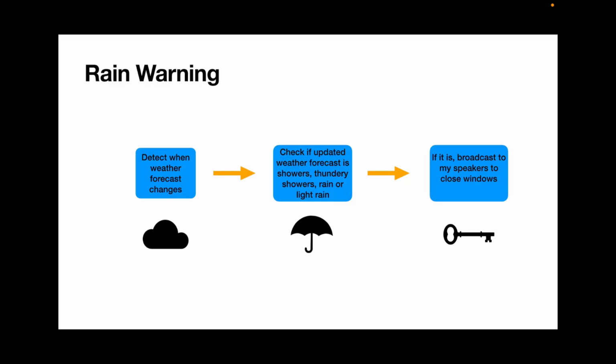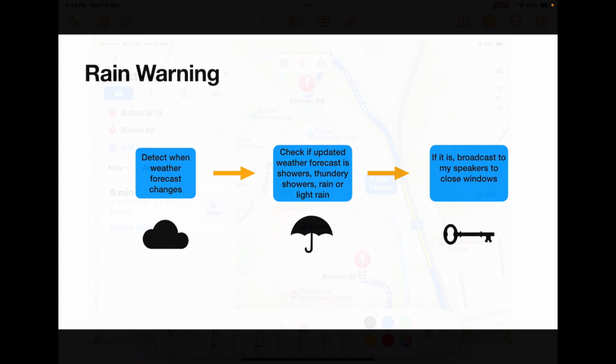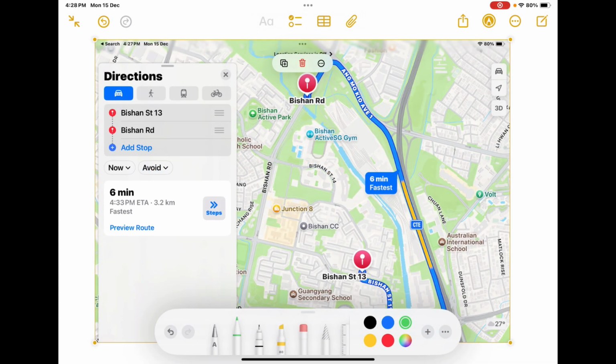So the idea behind this rain warning, which I initially designed, is simple. First, the automation will detect any weather changes in the forecast based on the NEA integration which I did earlier. Subsequently, it will check if the weather forecast aligns with any of these weather types which I have pointed out, which are showers, thundery showers, rain, or light rain. If it's any one of them, then it will broadcast to all my speakers to inform me to close my windows. So there is a fundamental flaw with the automation that I have initially designed,